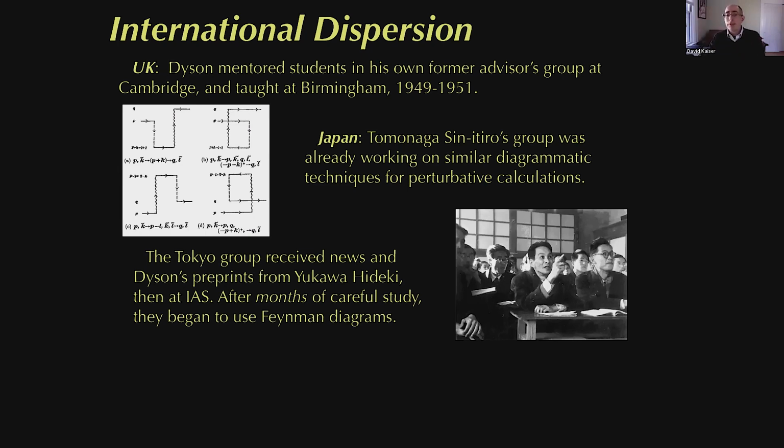Then they began getting news back from the United States after the war about Dyson's new work, not only from reading Newsweek magazine in the new occupation libraries, but also because the more senior Japanese physicist Hideki Yukawa was invited to spend 2 years at the Institute for Advanced Study, at the personal invitation of Robert Oppenheimer. While Yukawa was visiting is when he won the Nobel Prize for his work on nuclear physics. And he was then able to send preprints and news back to his younger colleagues in Japan.